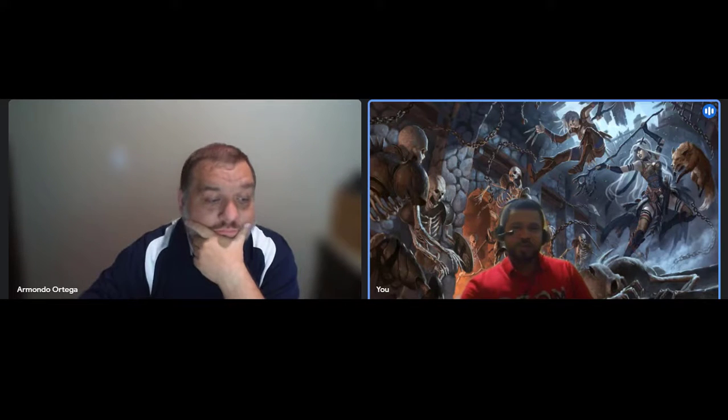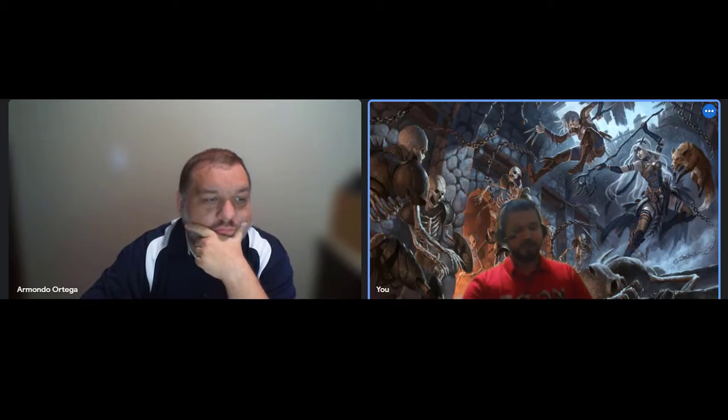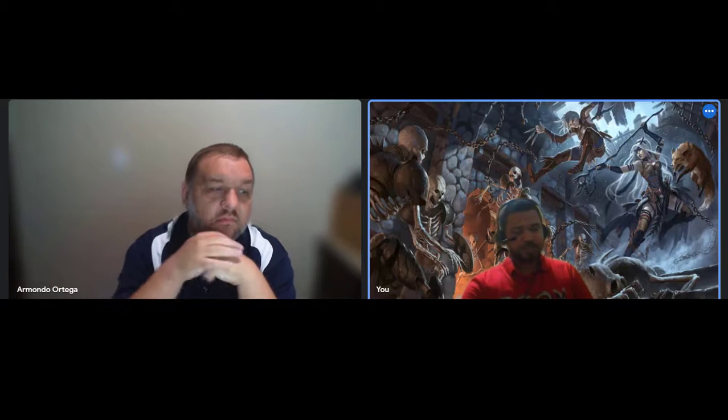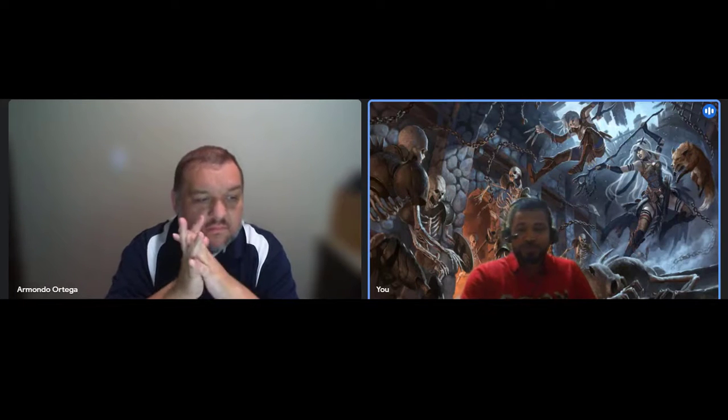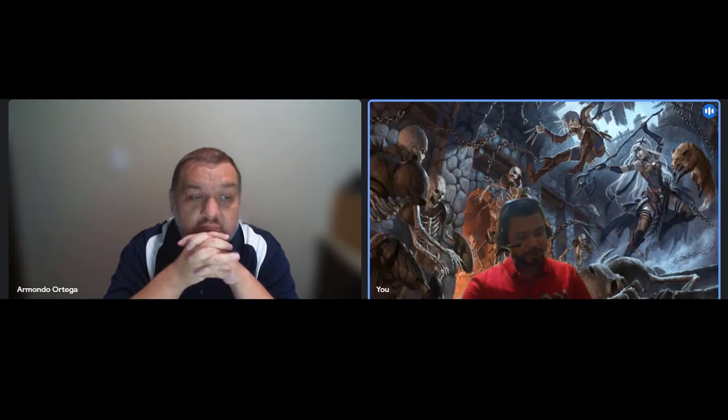So, number one, you get to add the Polymorph spell to your spellbook if it isn't there already. Polymorph is a pretty good spell by itself, so that's good that you're getting it for free pretty much. And you can also cast it without spending a spell slot. But if you do so, you can only target yourself and you transform into a beast with a CR of 1 or lower. So you're not going to get anything too powerful like a T-Rex or anything like that out